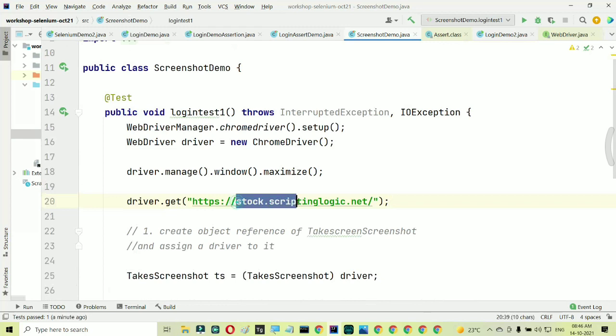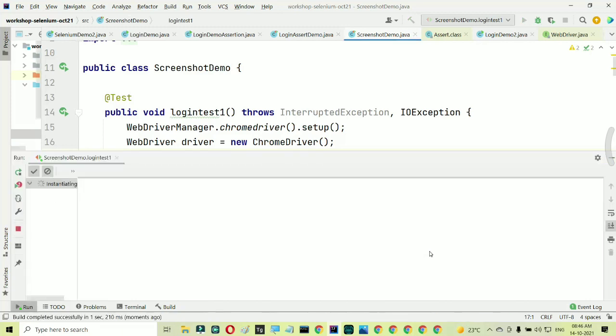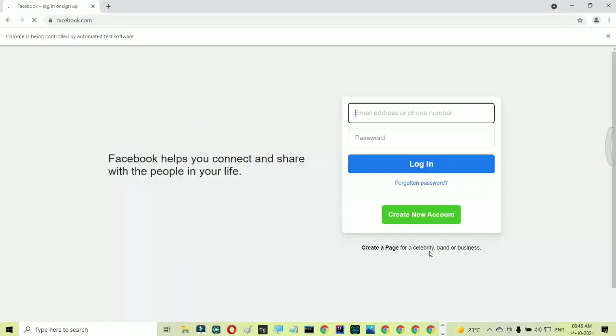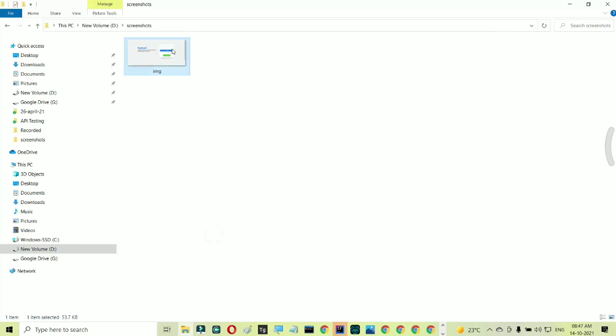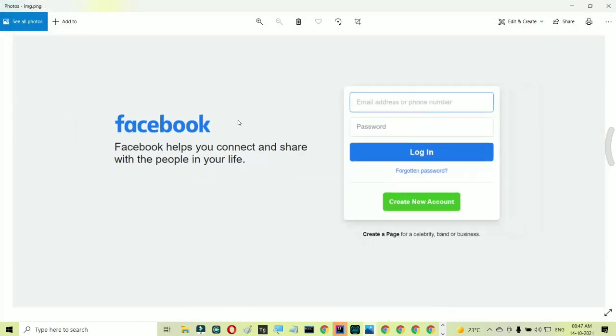So I'll take the screenshot of Facebook. Let's try with facebook.com. Save this, right click and run. Browser is opened, it is maximized, Facebook is open, it should take the screenshot here. So yes, I can see the Facebook screenshot is also there.